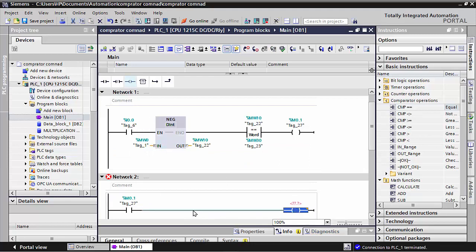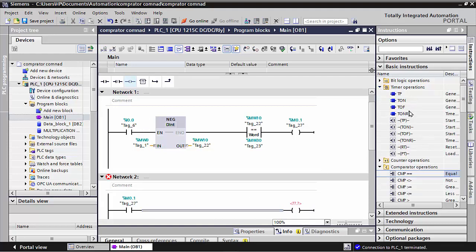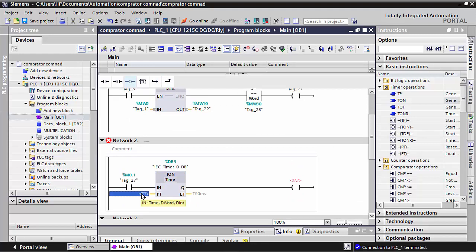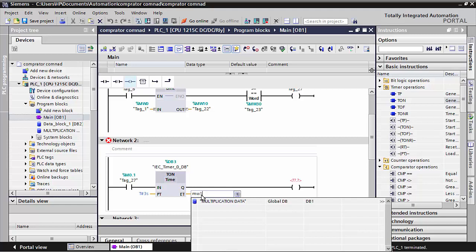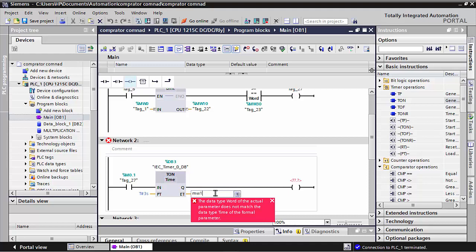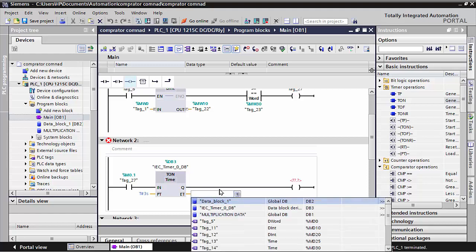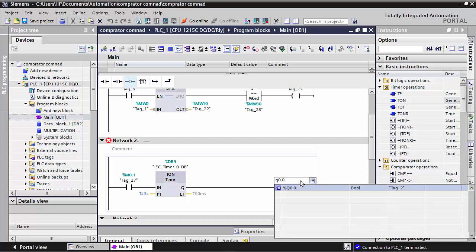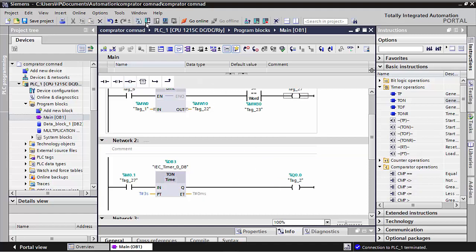After that you can use any timer. In previous lectures I already told how to use the timers. I put it here 3 seconds. This time, if you like to see, is for this one MW13. If you use any time running you can also use data, but here you also have to use data, and here I need some coil, Q0.0 I will choose, no problem. And when I download this program